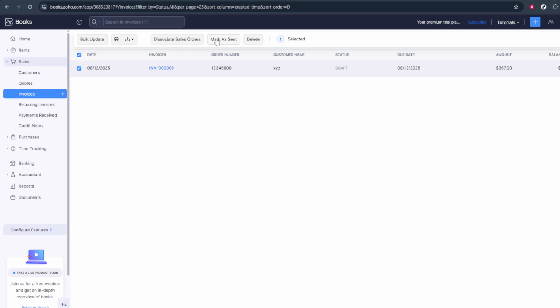Once you've selected the invoice or invoices, look toward the top of the invoice list for an action bar that appears. In that bar, find the option that says Mark as Sent and click on it. Zoho Books will then update the status of all the selected invoices from draft to sent. After doing this, quickly scan the status column in your invoice